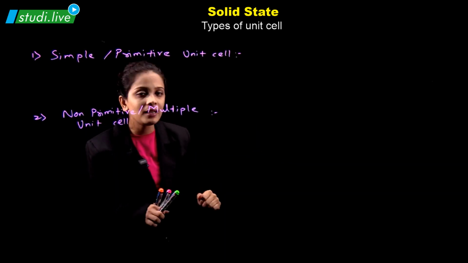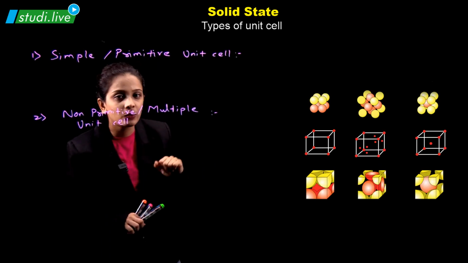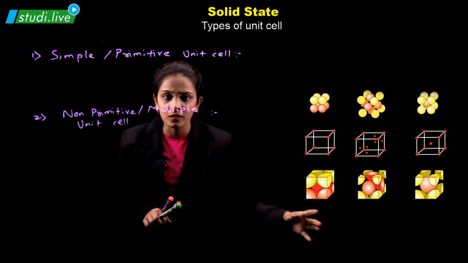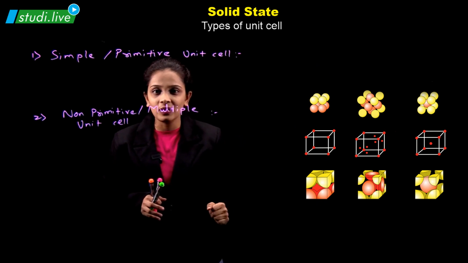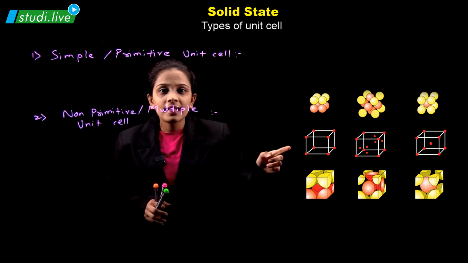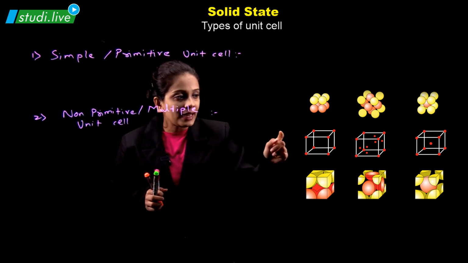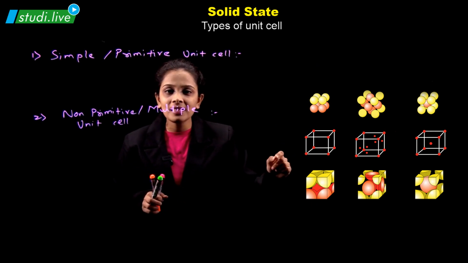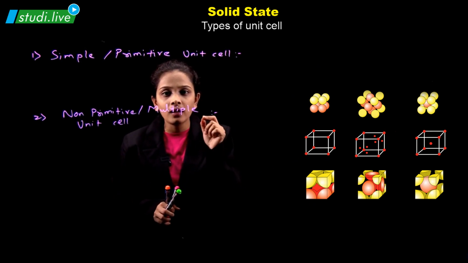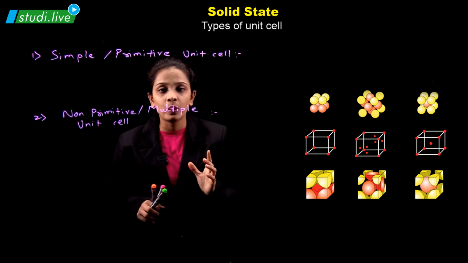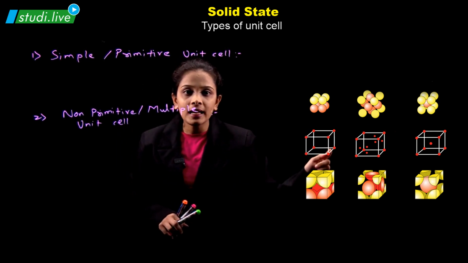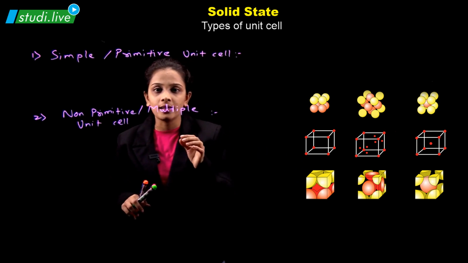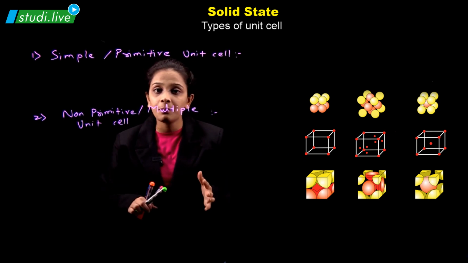From the image, if you can see the first row, the first column image over here, let's consider this cube. There are 8 corners. Yes, on each and every one of the 8 corners, you will find one red dot. That red dot symbolizes the particle. So we can say that each of the 8 corners contains one particle, so there are a total of 8 particles.